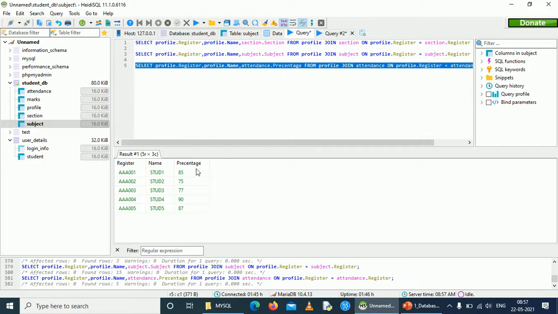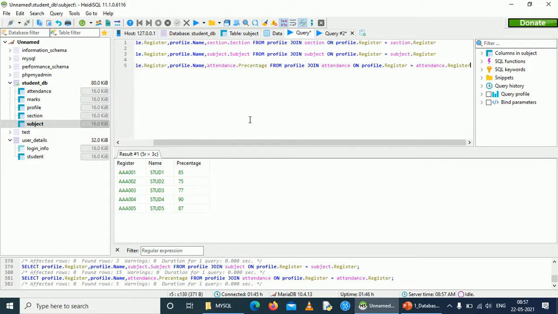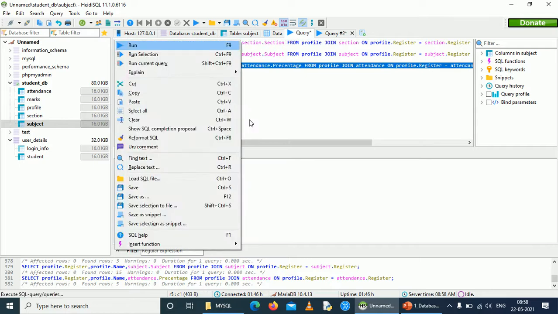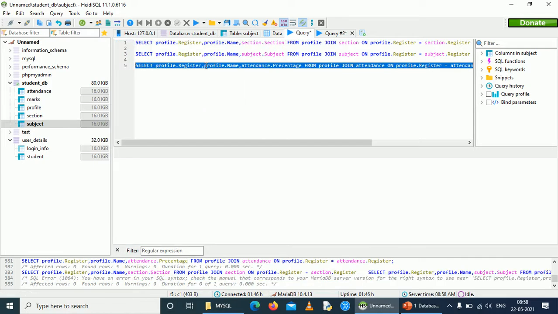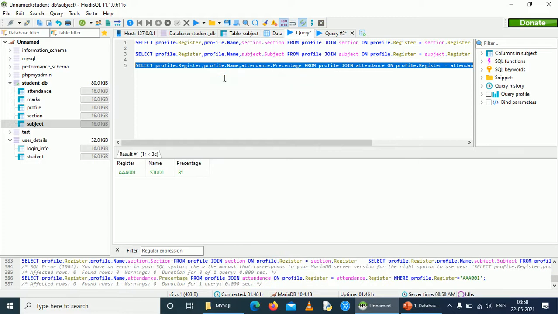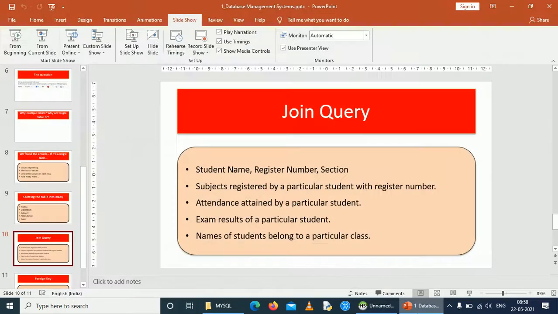This will display for all the students, but if I need to find it for a particular student, we'll add a where clause which will filter for the register number alone. So this is how we can join these two tables.